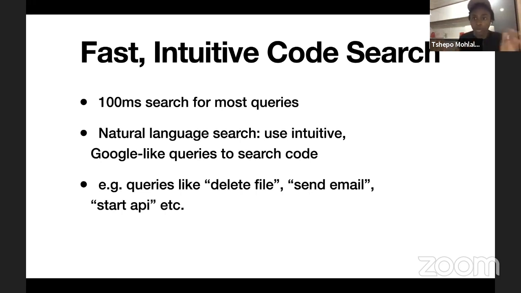There are a few dimensions in which we improve code search. The first is just make it super fast, right? If you're searching over a large, multi-gigabyte code base, it can be super slow. So we solve that problem. Number two is that we also introduced this new paradigm for searching, which is natural language search. So intuitive code search, so that you're able to make intuitive queries when you're searching your code. And without further ado, I'll jump into a demo to show you what that looks like.